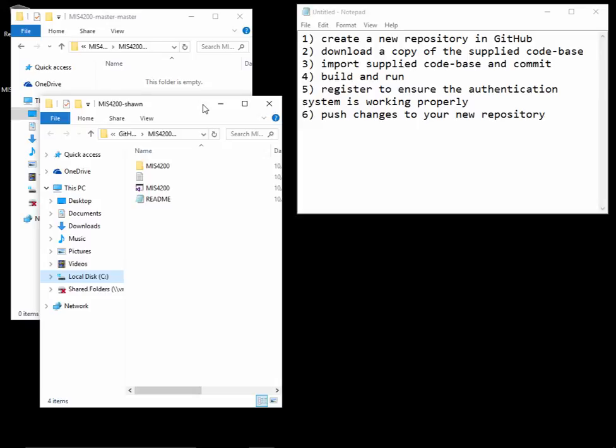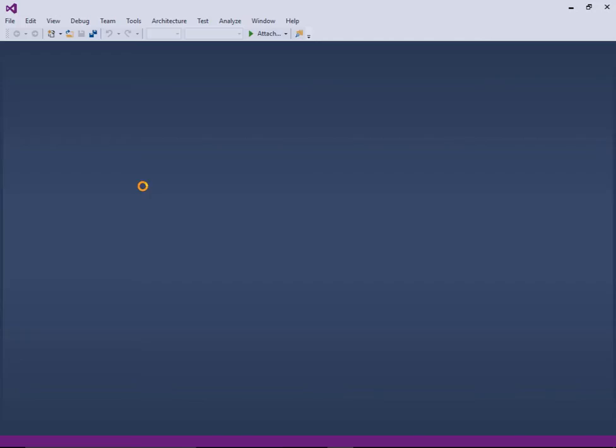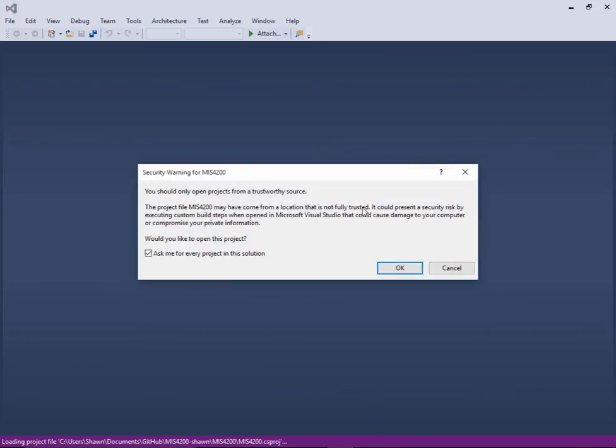Our next step is to build and run the application to ensure that everything is working properly. So what we can do is we can go into our local repository, we can double click on the solution file, and it should start Visual Studio 2015. You should already have an instance of Visual Studio 15 installed onto your